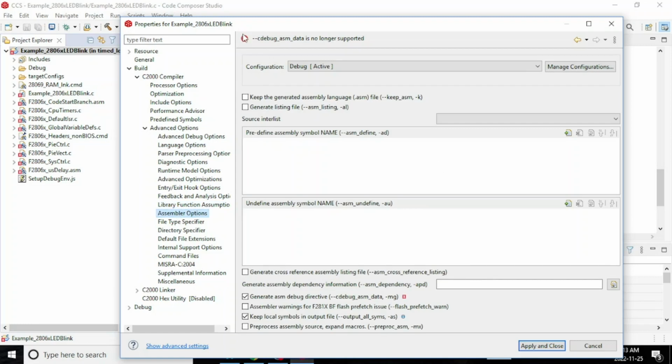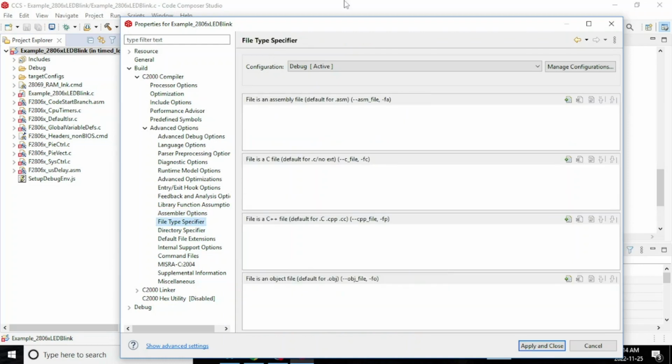You see this little red flag here. This red flag indicates that this is the offending option, right? It says generate ASM debug directive, --c_debug_asm_data. This flag is set, and because it is set, this compiler option appears, but this option is no longer supported in the latest version, and therefore our build is failing. So what we're going to do is uncheck it and keep going. Go through all of them and see if it is set anywhere else as well. You will immediately see the error